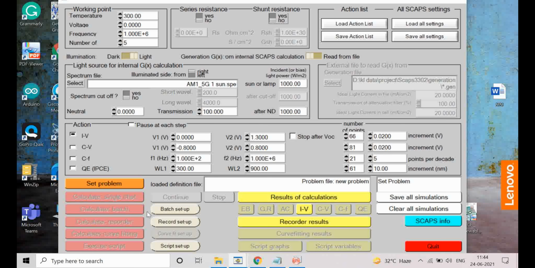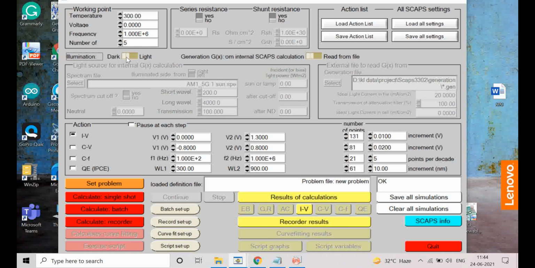So click OK, and then the IV curve you have selected. I have selected 1.3. I have selected the lowest increment value, and then I will click the light curve. Okay, and one more important parameter is now giving the series and shunt resistance values. So you need to input them.